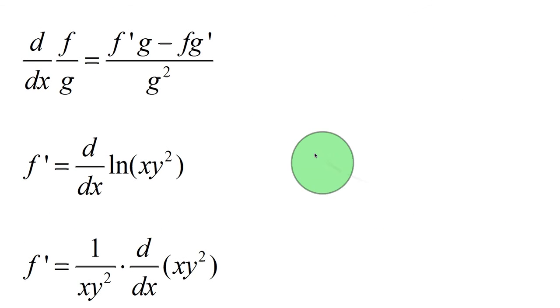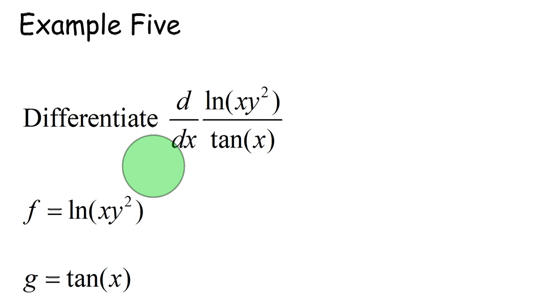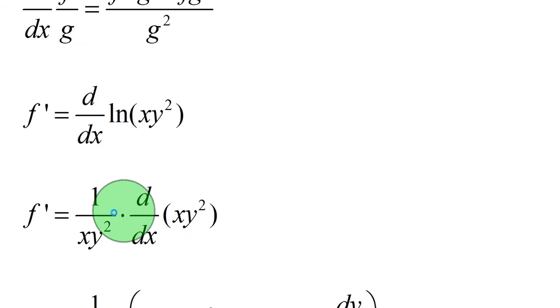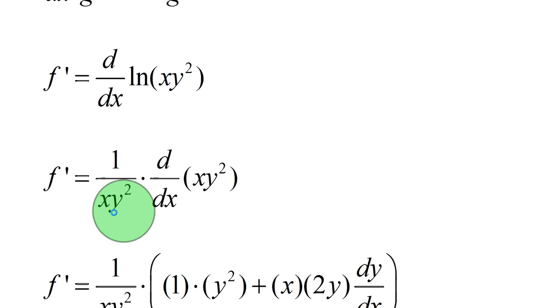All right, so we have f over g basically, and we're going to be using the quotient rule like I just mentioned. What we want to do is figure out what f prime is, right? F prime we need and g prime we need. So we need to take the derivative of natural log of xy squared, which was the numerator of our fraction. So what is that? Okay, well,